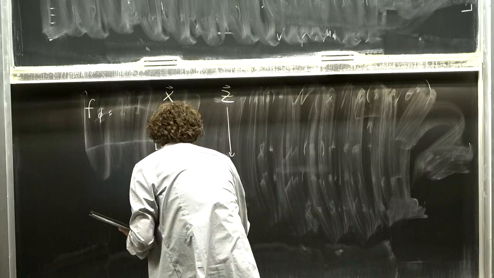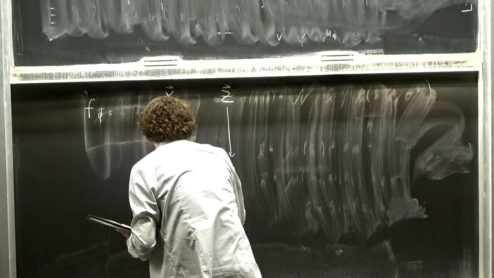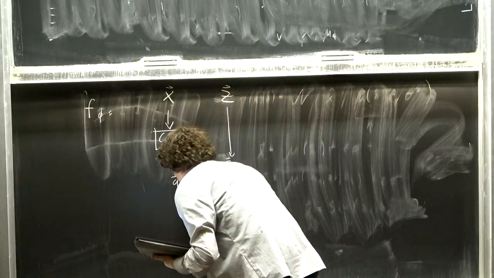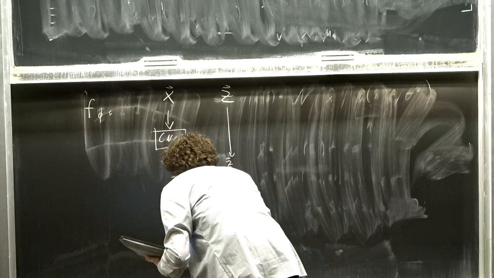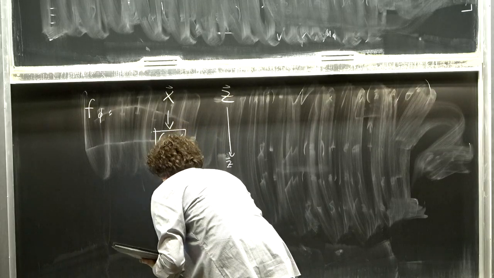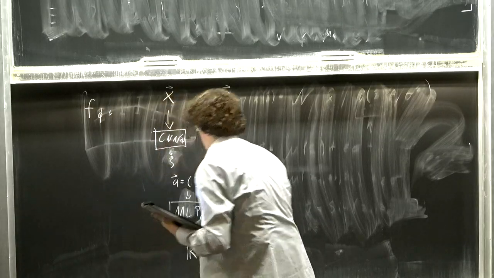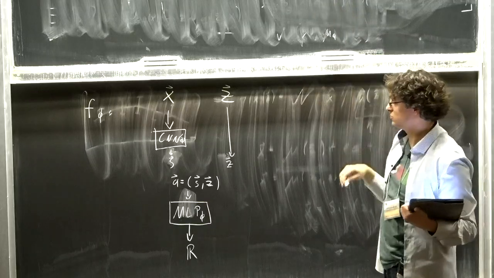How do I write this? s, z. Let's call this a or something. And then this newly concatenated vector would go into the network, or into a multi-layer perceptron, which would then just go to R. So this would return the log ratio, or the thing that will turn into the log ratio in the end.